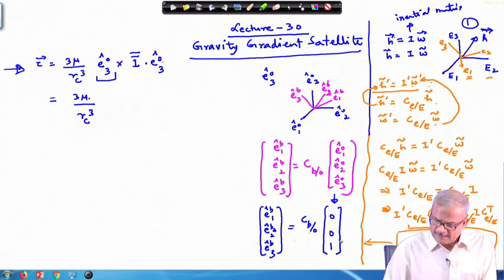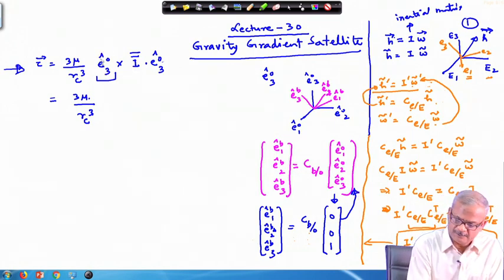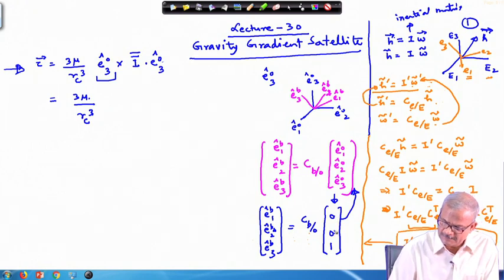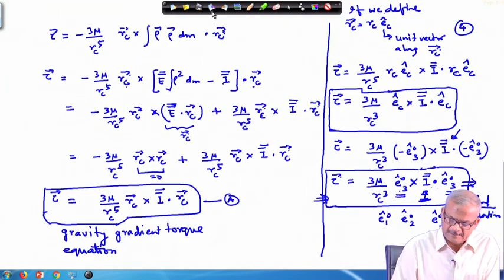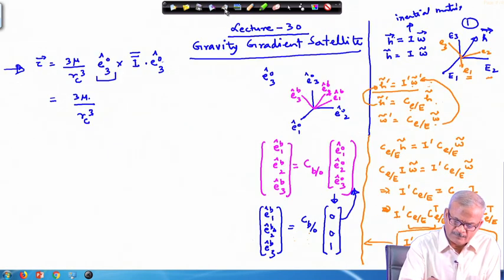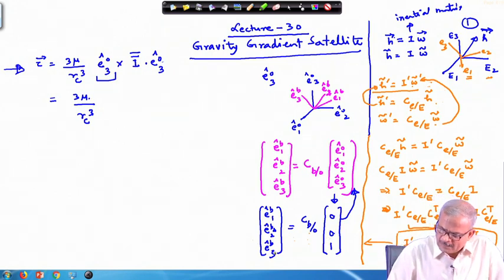So, this implies that this is nothing but this vector, because this quantity is only along the third axis, so the other quantities will vanish. This is written in matrix notation, and this is the vectrix notation. And here, in the same way, we do not want to mix up the whole thing. We have one unit vector here and this unit vector is converted to another unit vector.